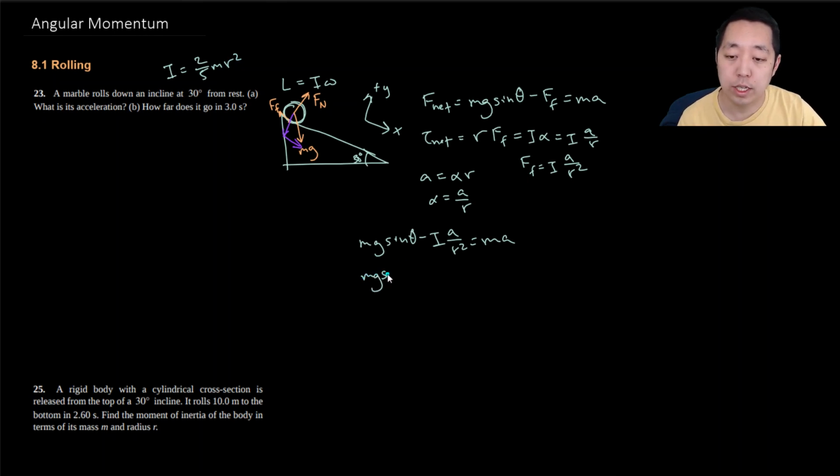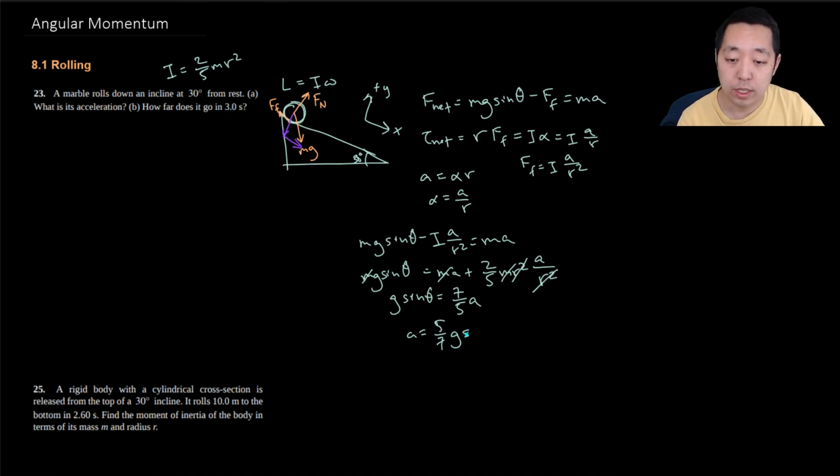Again, mg sine theta, bring this to the other side, is equal to ma plus I, which is 2/5 mr squared, times a over r squared. The r squares cancel, and the m's cancel out of all of these. So g sine theta is equal to a plus 2/5 a, which is 7/5 a, right? And so then a is equal to